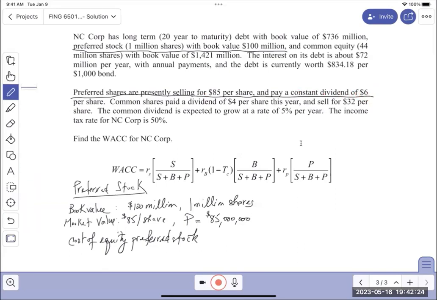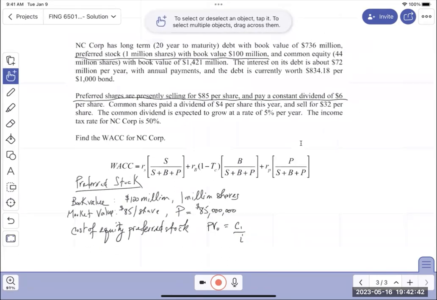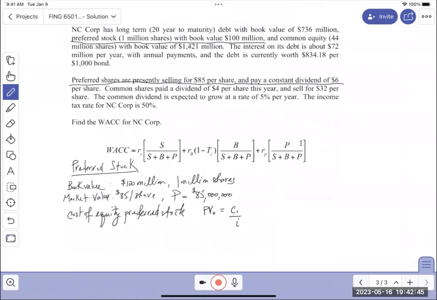So what do we know about the relationship? We know that the price should be a constant dividend. That should be the formula. So with that formula, I'm going to put the price and the dividend in, and I can solve for the return. The price is $85. The constant dividend is $6. So I can find RP, or I. So RP is equal to 6 divided by 85,